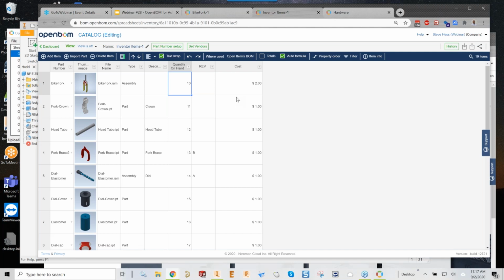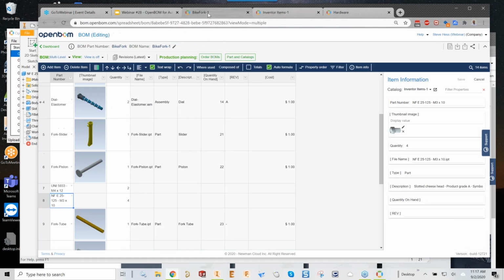I spent some time on catalogs, getting my costs and quantity on hands in there, and this is good. My foundational elements now, both my catalogs, are exactly how I want, and I want to go ahead and jump to the next lesson right now, which is managing some cost roll-ups and vendors in the BOM. So